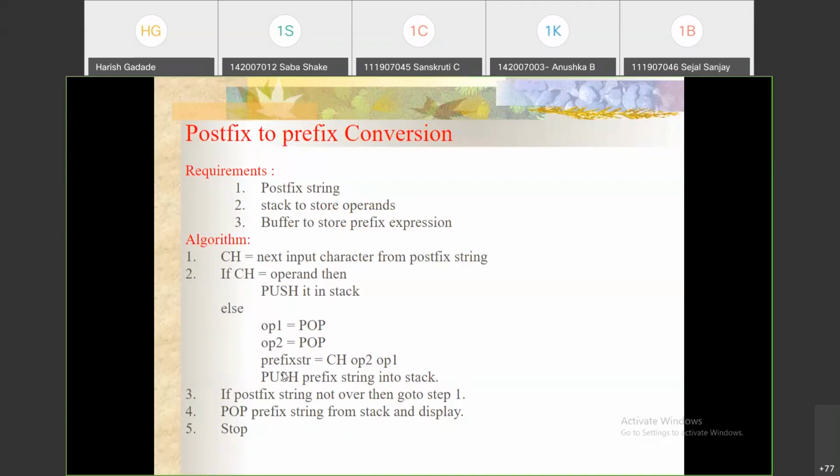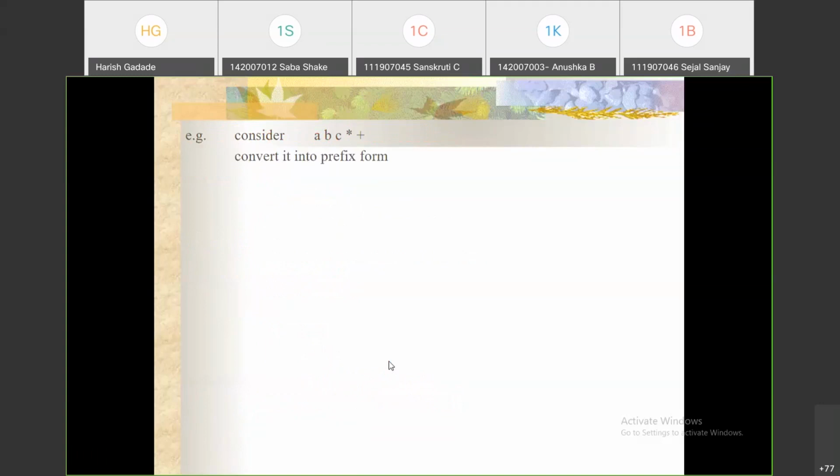Now as we are converting to prefix, first is the operator or reading character, then operand 2 and operand 1. You can see the input A, B, C, star, B, star, plus. So this is the input string.